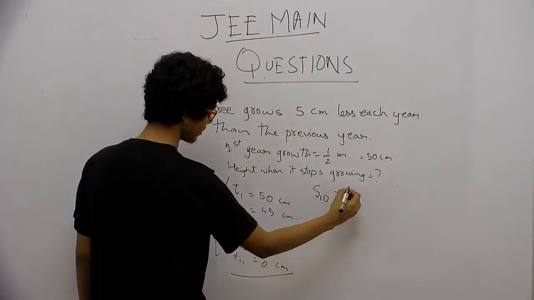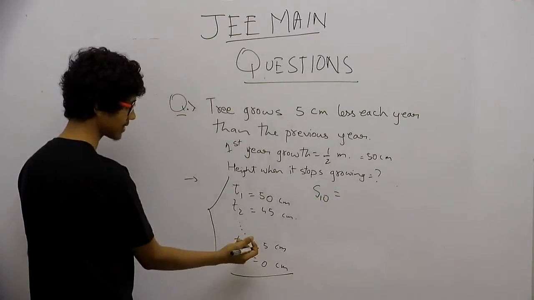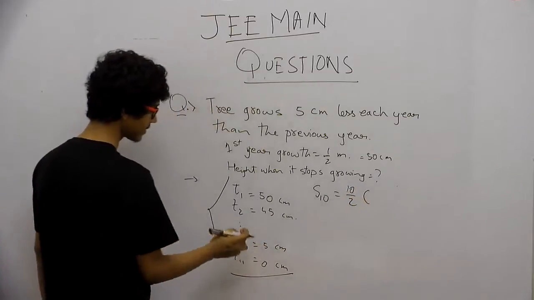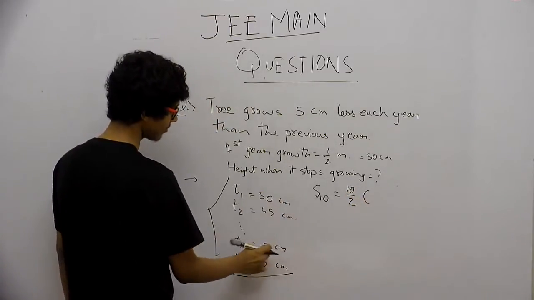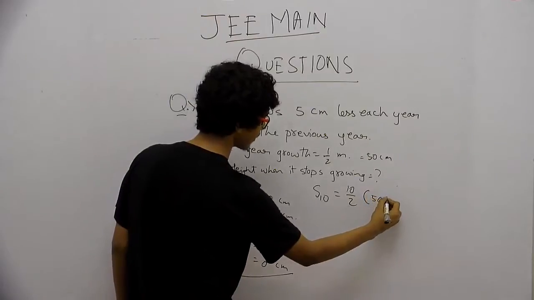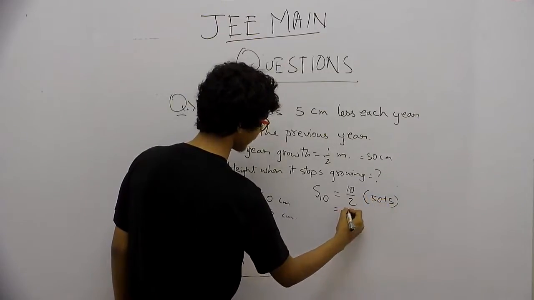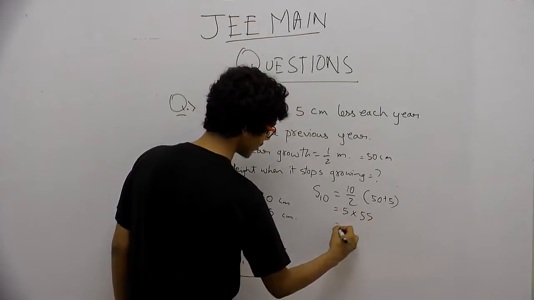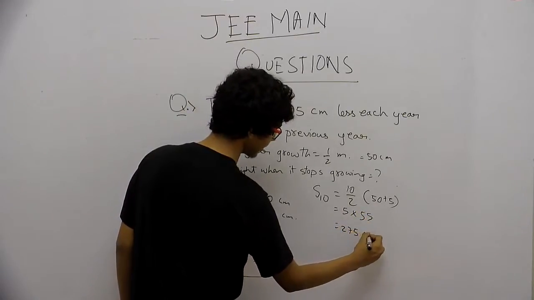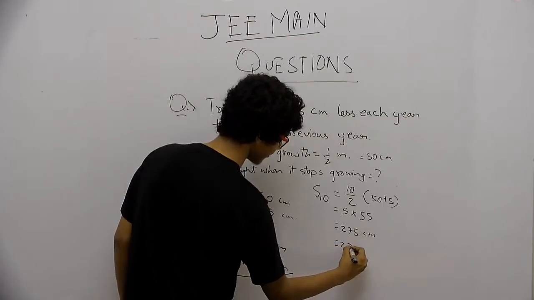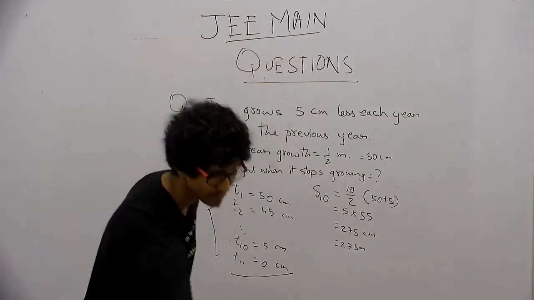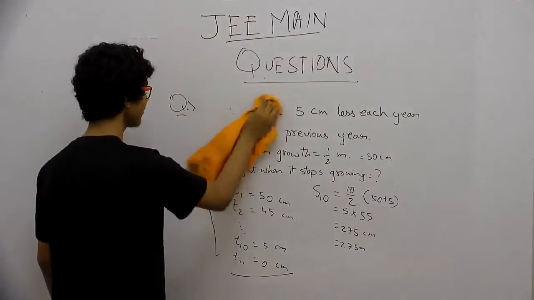be S10 which is, यहाँ पे हमारे पास 10 टर्म्स है, n/2, 10/2 फर्स्ट टर्म प्लस द लास्ट टर्म, 50 + 5, so we get 5 into 55 which is 275 centimeter, 2.75 meter is the answer। ठीक है, another question।